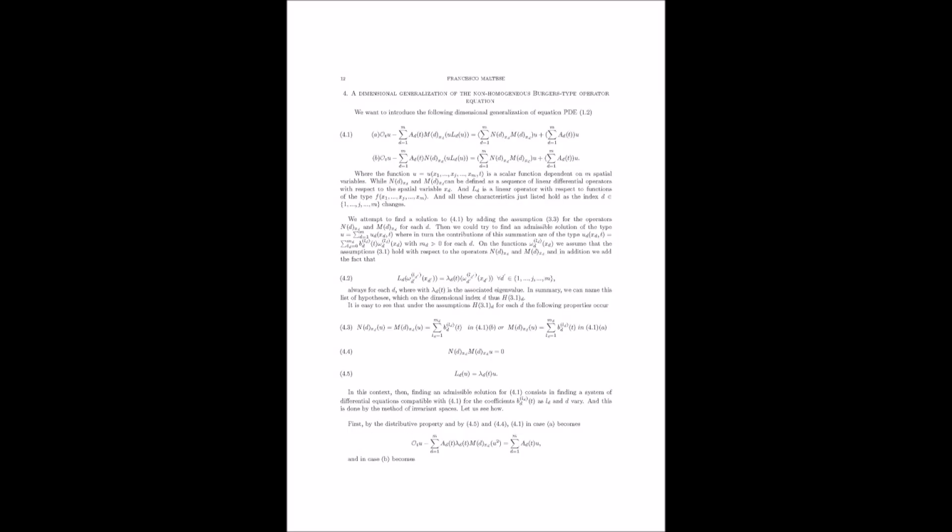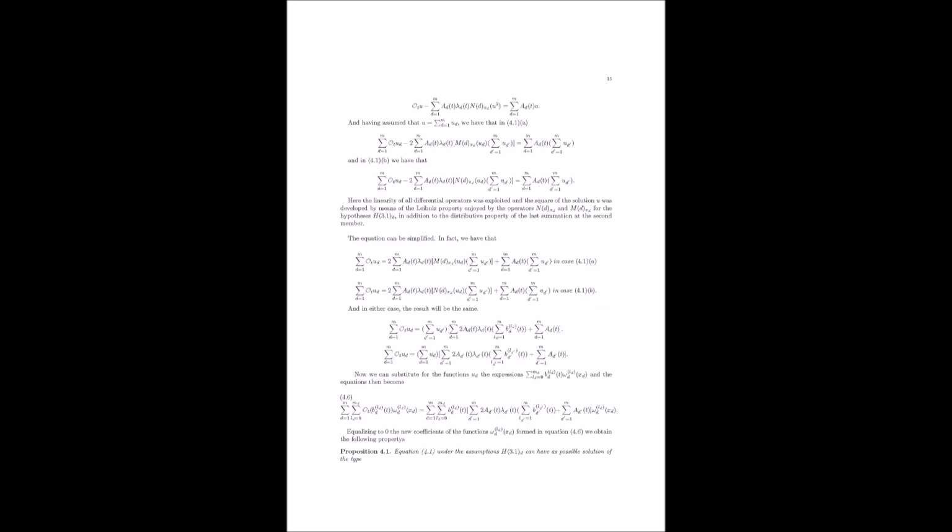They delve into solving Burger's type operator equations using the concept of invariant spaces, something we touched on earlier. Right, invariant spaces. Yeah. It's about finding those mathematical objects that stay the same even when you apply certain transformations. Precisely. The researchers utilize these invariant spaces to simplify the process of solving these complex equations. They demonstrate that if specific conditions are met, a function can be a solution to these generalized Burger's equations. These conditions involve carefully chosen differential operators and a vector space of functions with particular properties. Okay, that sounds pretty abstract. Could you give us a concrete example to help us wrap our heads around it?